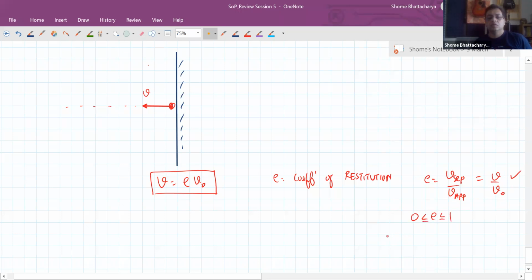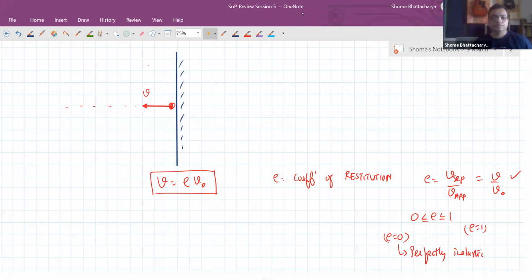E equal to 0 will be the perfectly inelastic collision,